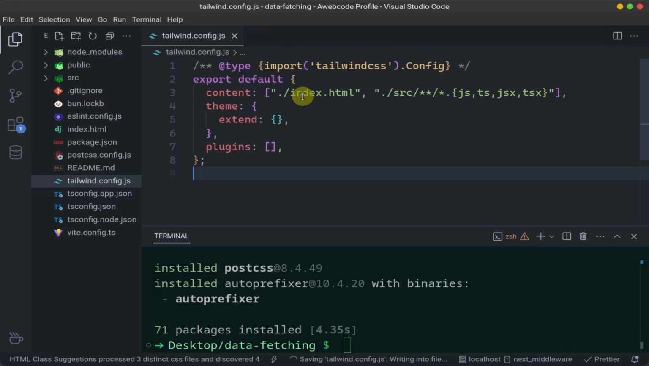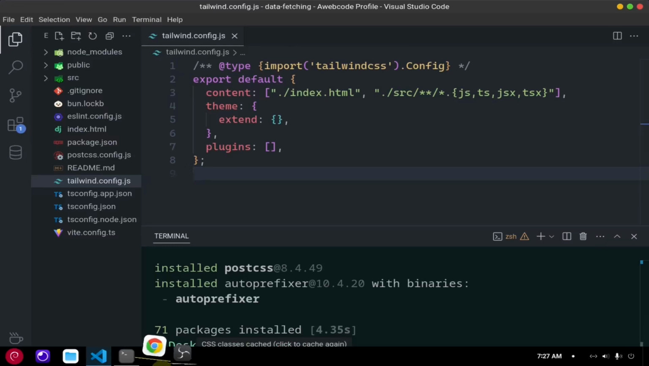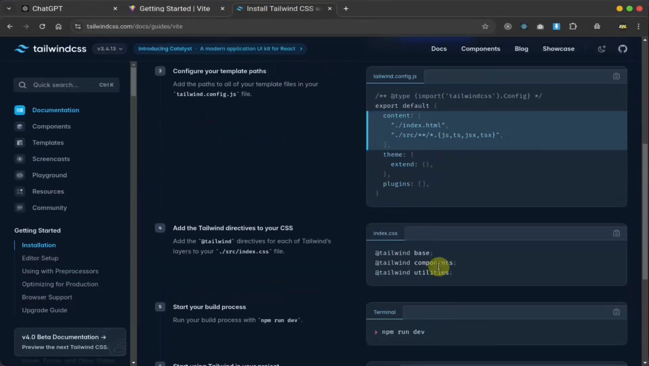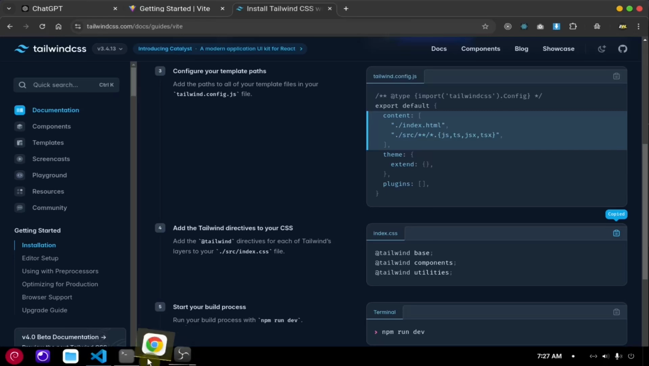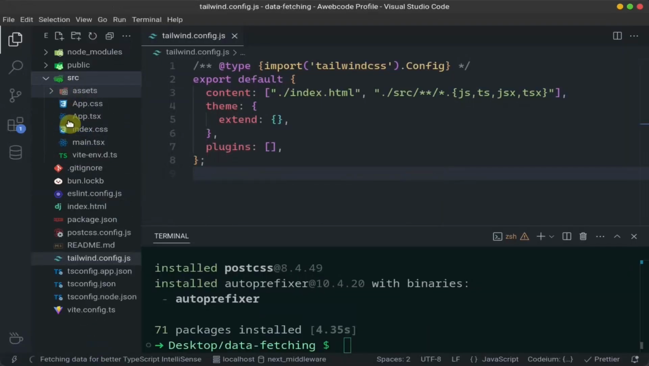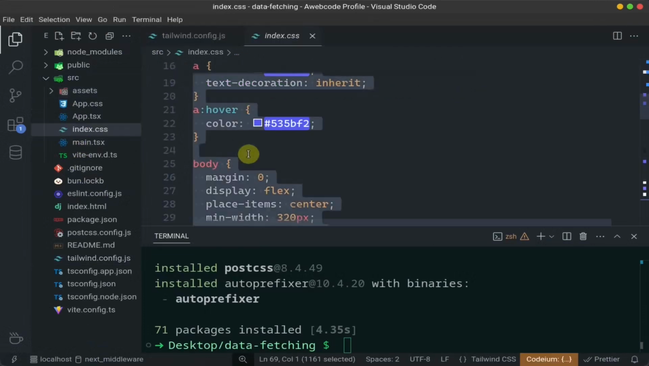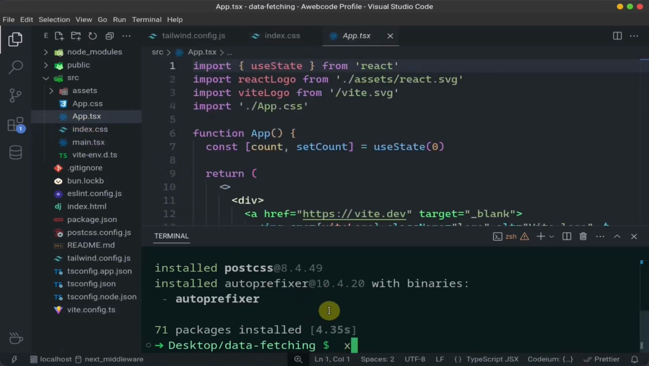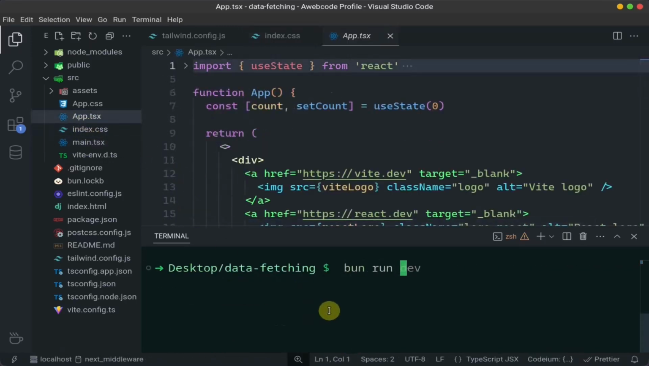Our main content is index.html, and we will use our Tailwind for these JSX or TSX files. I know you will understand, and we will set it in our index.css file. Here, copy into index.css, just remove everything, paste it here, and if I run bun run dev,